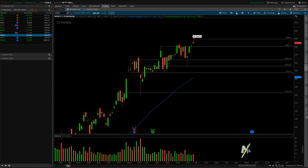NVIDIA is sitting up here, setting a new all-time high on Thursday, of course, at 389.50. So anything over that as we trade into the week is going to be blue sky levels, of course, whole and half dollars, intraday levels that form. Any sort of move to the downside, we're looking at a retest of this sort of breakout area here. That's at 380.17, and anything lower than that, of course, we're looking at supports below 360, 350, 355, 355.67, and